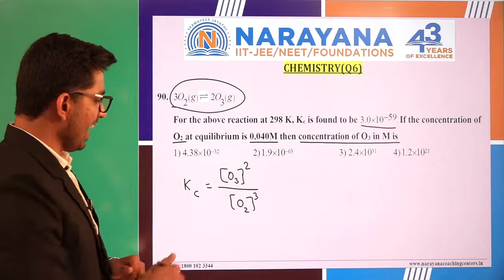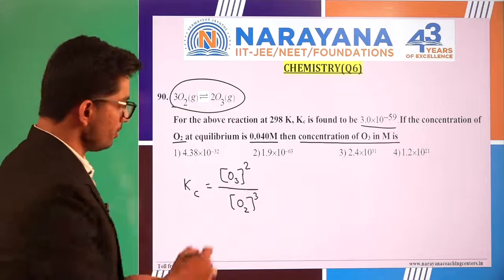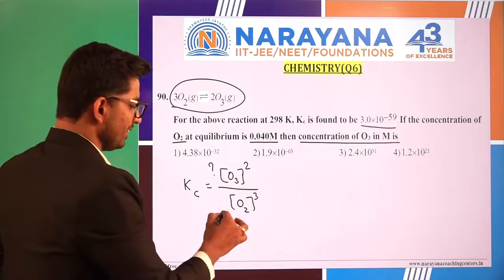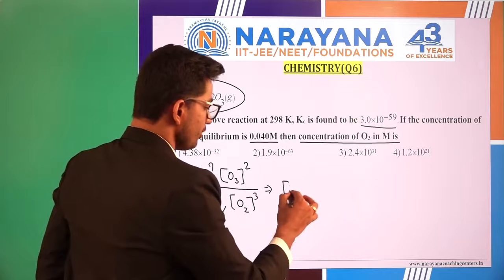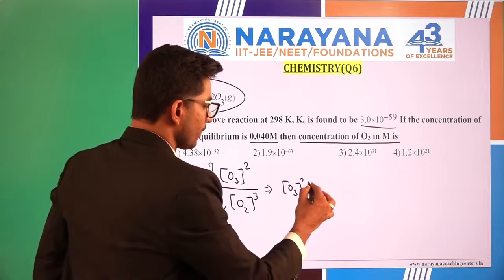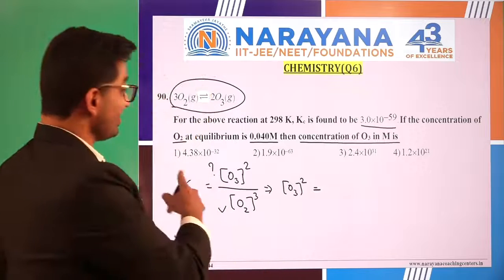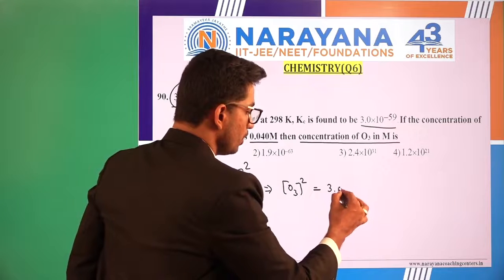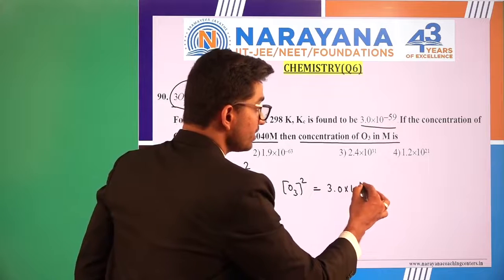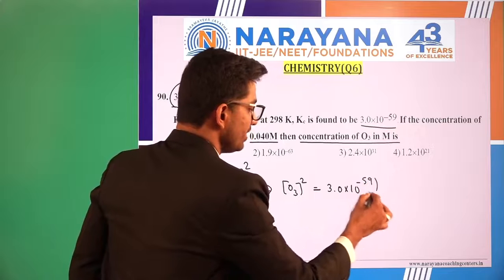So here we have to find actually the concentration of O3, and this is given. So can we write that concentration of O3 square equals Kc? I am just putting the value of Kc, that is 3.0 into 10 to the power minus 59. This is Kc,